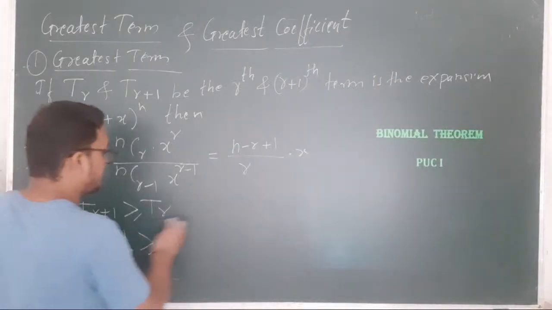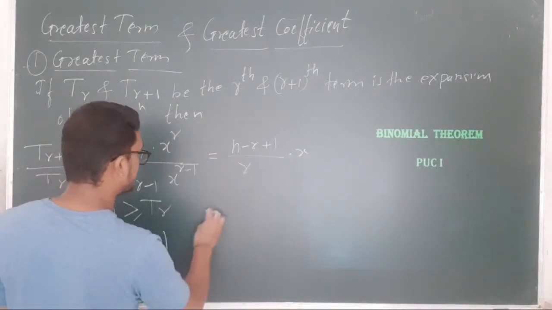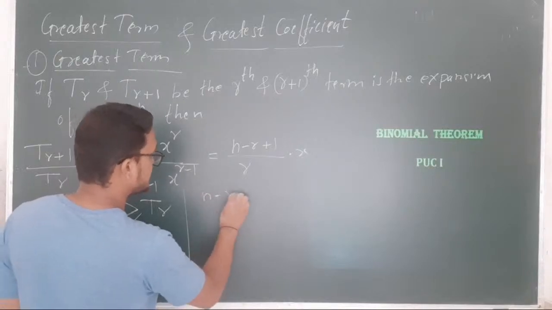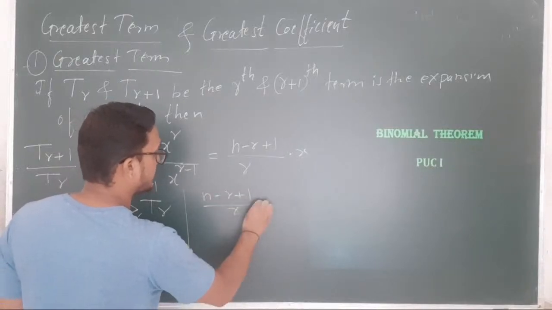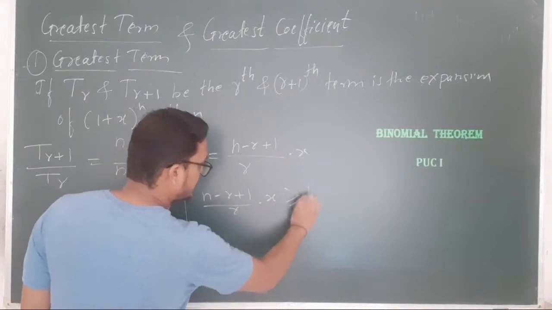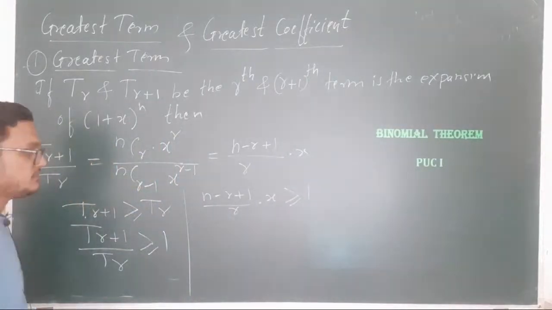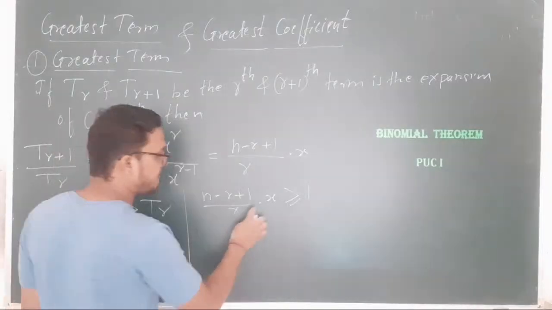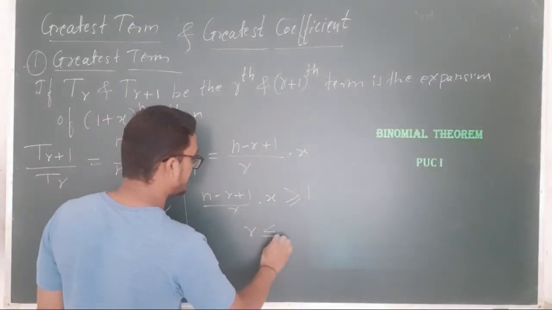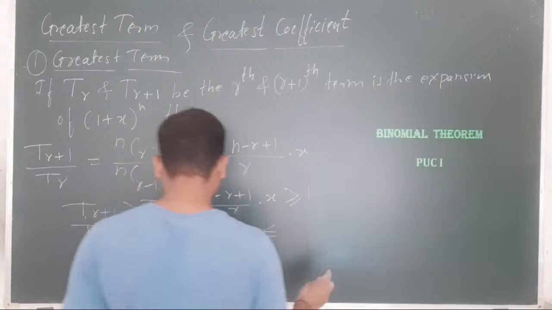So this is the result: n minus r plus 1 upon r into x is greater than or equals to 1. Now when you simplify for r, r is less than equals to